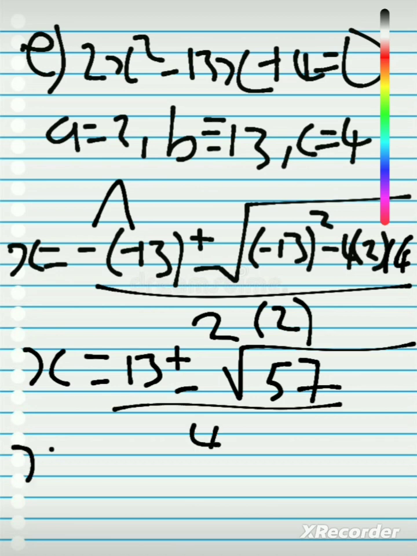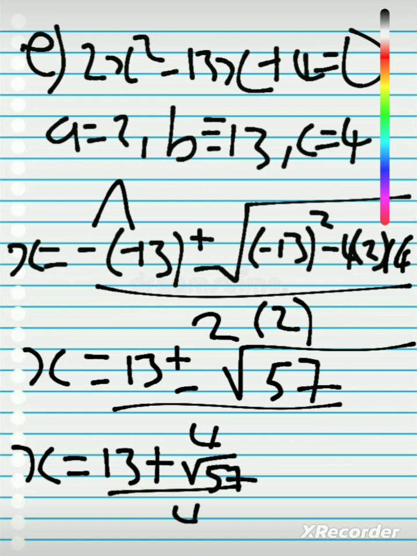So x is equal to 13 plus square root of 57 over 4, or x is equal to 13 minus, oh, this question, it's not visible. Okay, or x is equal to 13 minus square root of 57